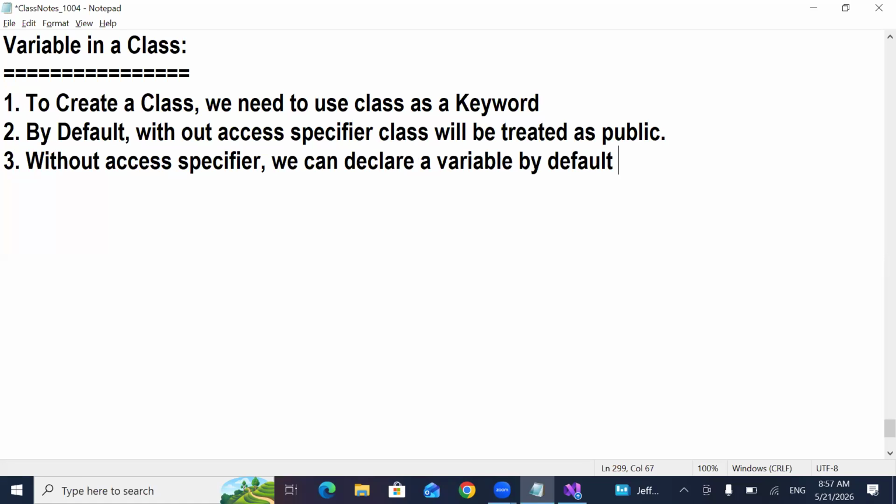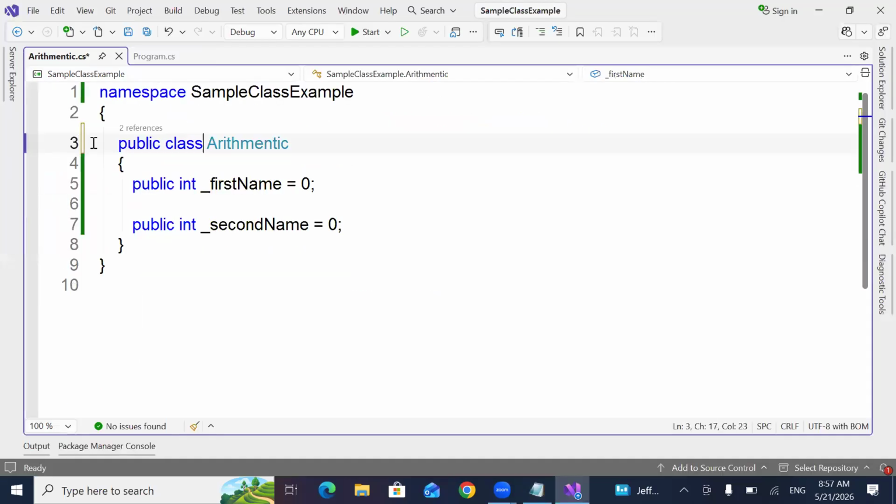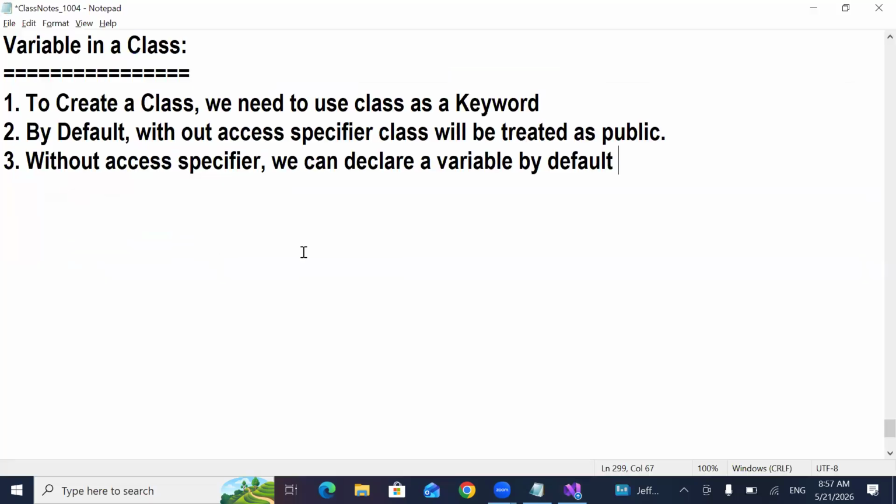Just now I explained. Private. See, in the Arithmetic, I don't have public. Will it work? No, sir. Can it be accessed outside? Now come back. Without an access specifier, we can declare a variable. By default, private or public? By default, private.